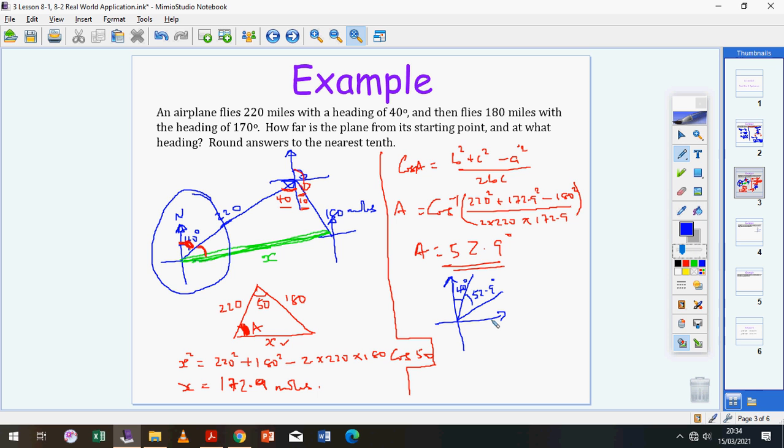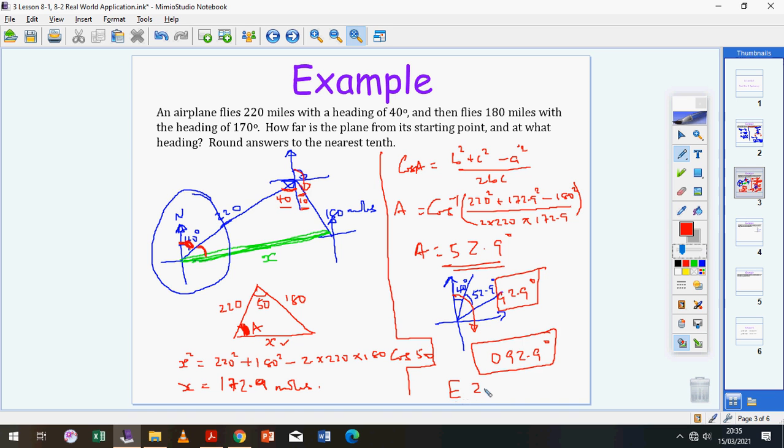Okay. If I add the 40, that gives me 92.89 degrees, right? So it's even beyond the 90 degree angle. It's beyond the 90 degree. What that means, since that's 92, the total is 92.9 degrees. That means that his bearing from the starting position is 092.9 degrees, right? Or if you want to be very fancy, you can say it's east